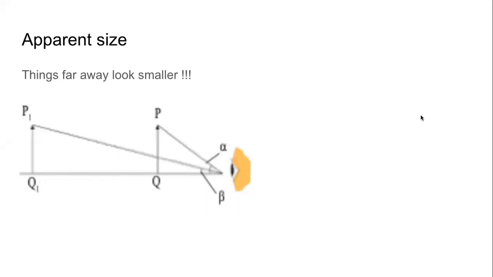When the object is far away, the angle of elevation in this picture, it is beta, is smaller than when the object is nearer to us. The angle of elevation now is alpha. Alpha is this entire angle. Alpha is bigger than beta. Because the angle of elevation depends on how far or how near the object is, we get confused about the size of the object. If it is far away, it looks smaller. If it is nearer, it looks bigger. Think, ask, or confirm that you have understood.